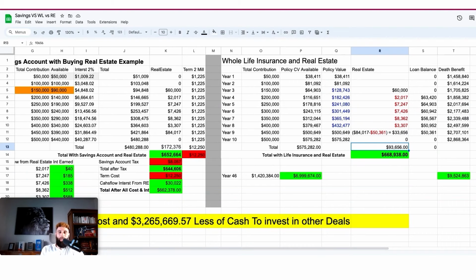So let's take a look at the final numbers and see how this all conceptually worked out, factoring in the loan costs, taxes, term insurance, and see what comes out on top. So in summary, after 10 years in the real estate and savings, I had a total of $662,378. And after it is all said and done with the whole life and the real estate, I had a total of